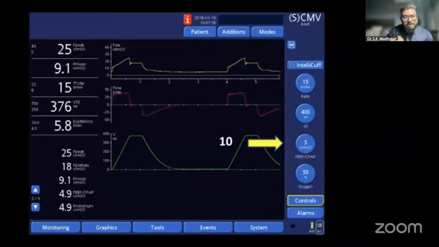So the difference between these two now becomes 8. Driving pressure further goes down. It means your patient is ventilating again below the LIP, and it can cause lung injury. So what will you do? You will try to move the patient above the LIP. So you will increase the PEEP further, but